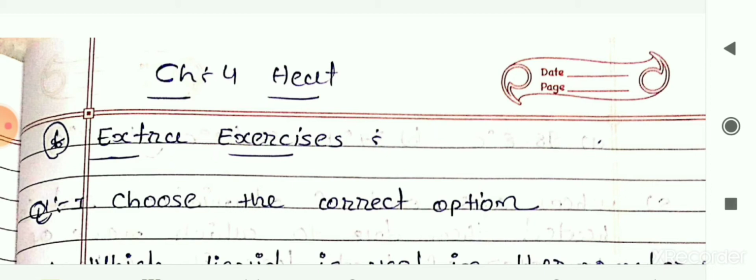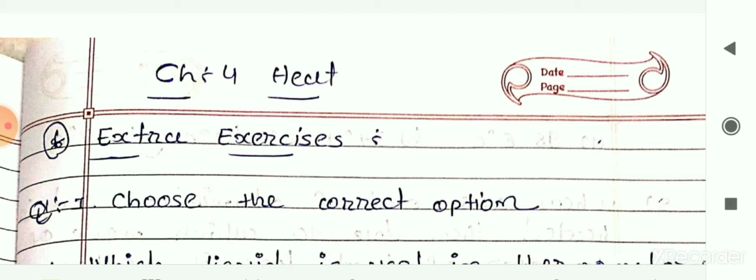Then there are good conductors or insulators of heat. The substances through which conduction of heat takes place easily are called good conductors of heat. Examples of this kind of substance are metals like copper, silver, aluminium, iron, etc. They are the good conductors of heat. Then after we had seen poor conductors of heat, or you can say insulators. The materials or objects which do not allow the heat to pass through them easily are called poor conductors of heat, or insulators.